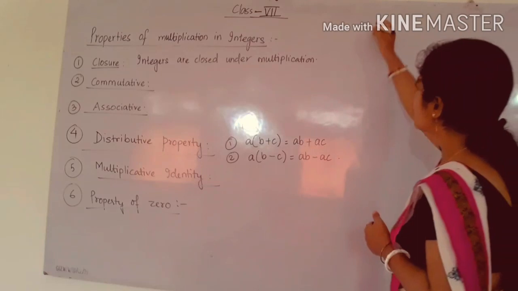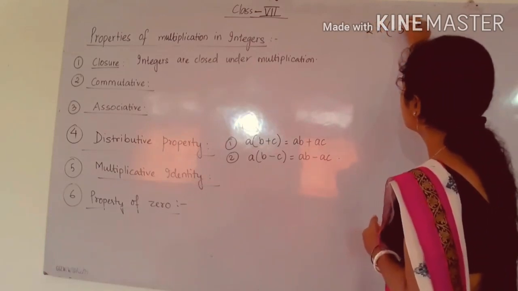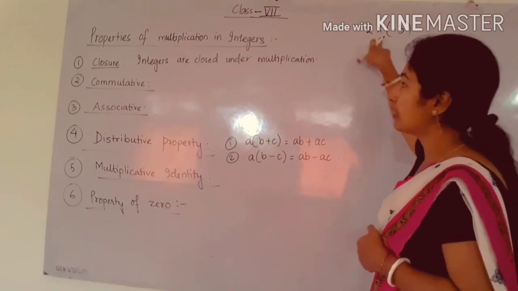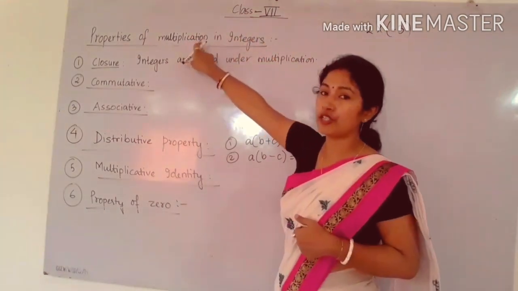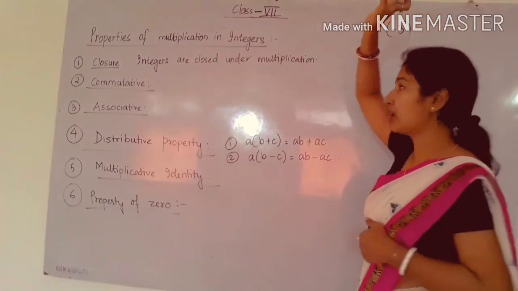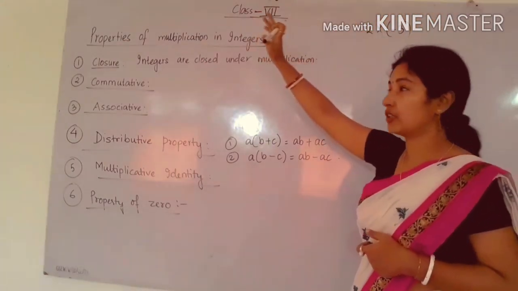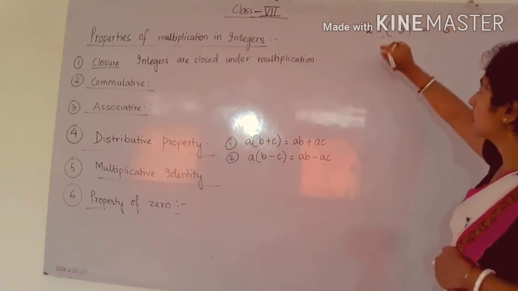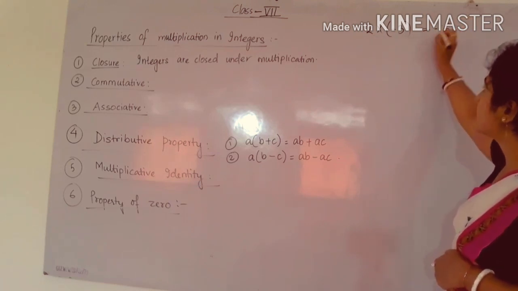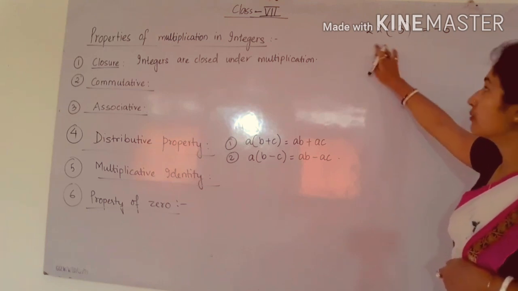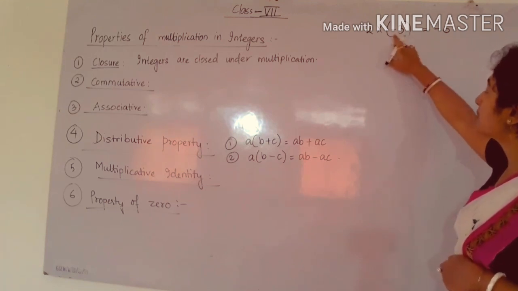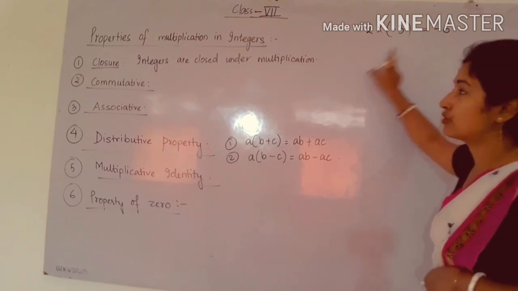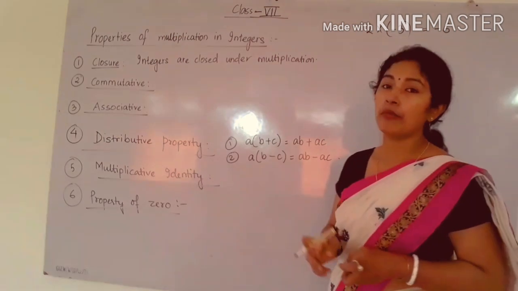For example, 2 into minus 3. I have taken two integers, 2 and minus 3, and I am multiplying. Why am I multiplying? Because it is the property of multiplication. In the previous case I subtracted because that was the property of subtraction. So here I am getting the answer as 2 3s, it will be what? 6. And I have to place the minus symbol. It is minus 6, because only one minus symbol is present, so we have to write minus. So minus 6 is also an integer. So integers are closed under multiplication.